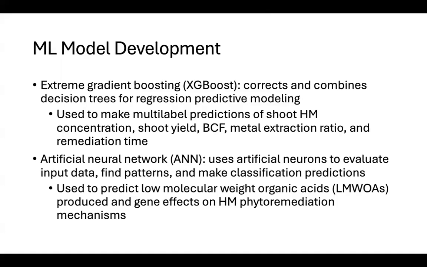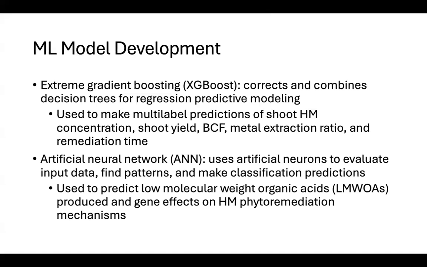Two models were developed for this project. The first was extreme gradient boosting, or XGBoost, which corrects and combines decision trees for regression predictive modeling. It was used to make multi-label predictions of shoot heavy metal concentration, shoot yield, bioconcentration factor, metal extraction ratio, and